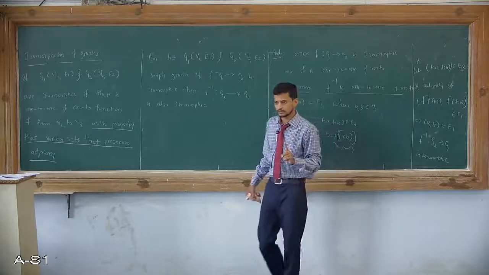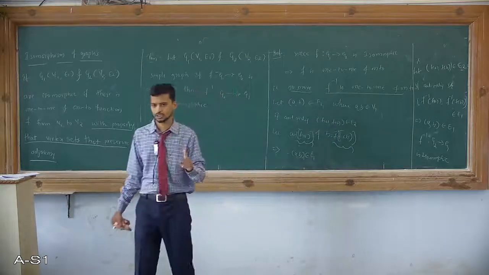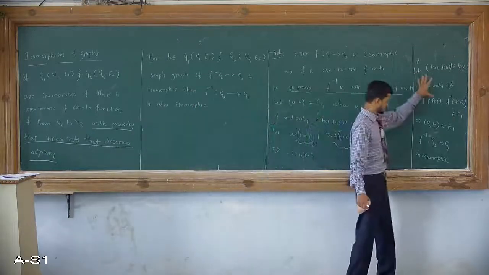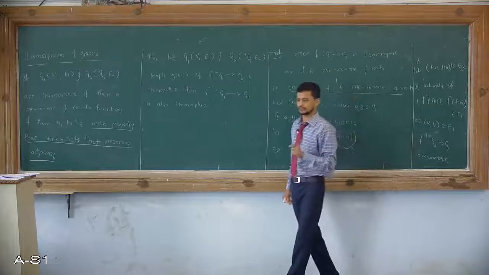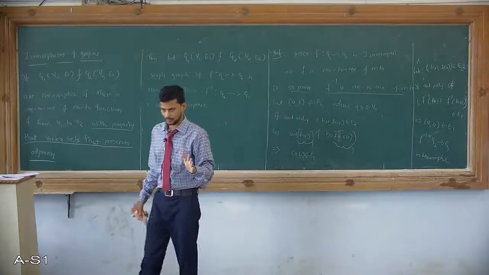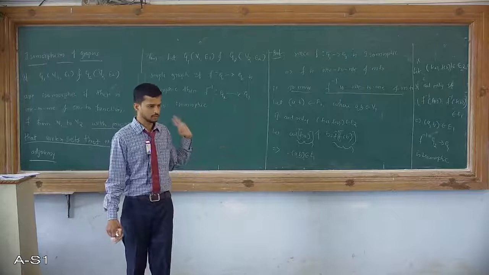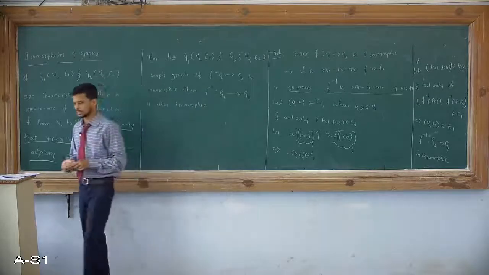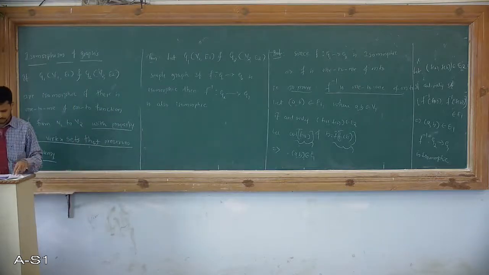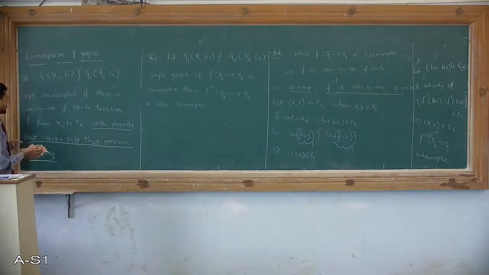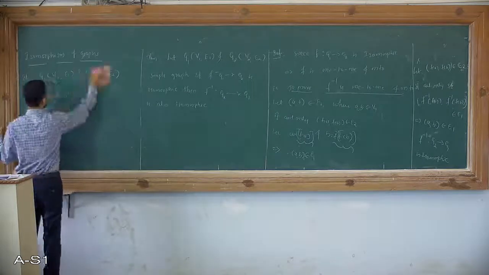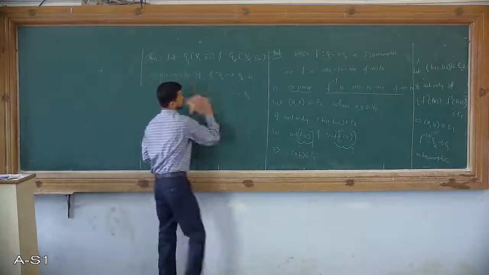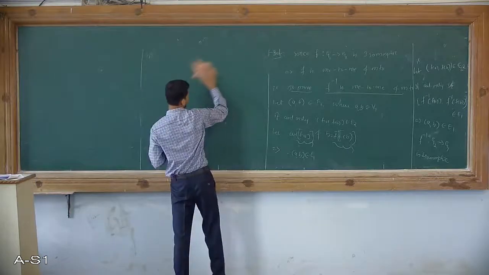But the major point we need to cross-check here is adjacency. That's why I have done these steps, to verify whether adjacency is preserved or not. Here adjacency is preserved, so F inverse is also an isomorphism. So this is all about isomorphism of a graph. Now we'll move to the next concept called complement of a graph.